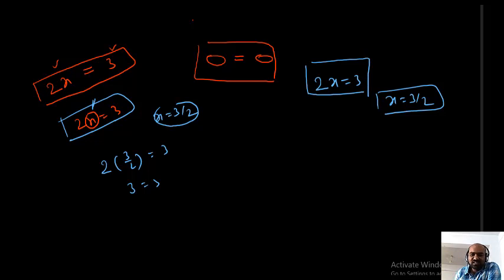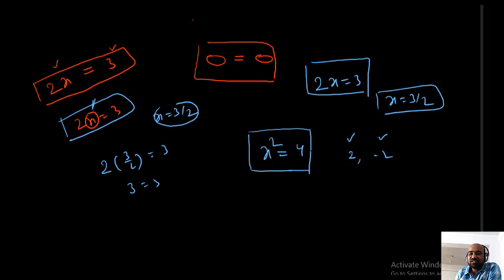For example, students, listen here: x square equal to 4 is given. This is also another equation, but it is not called a linear equation. What are the solutions? Instead of x, what should we write so that LHS is equal to RHS? You can write 2, minus 2 also you can write. If you write 2 instead of x, 2 square is 4, 4 equal to 4, true. Instead of x you write minus 2, square is 4, 4 equal to 4, correct. So 2 satisfies and minus 2 also satisfies.